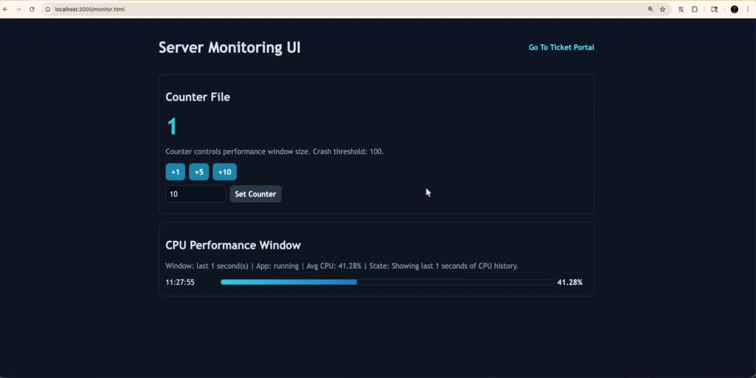Good morning, everyone. Today I'm going to show you something very simple yet very powerful, and a completely different approach for solving production support. For example, say I have a server running and I'm keeping track of my server